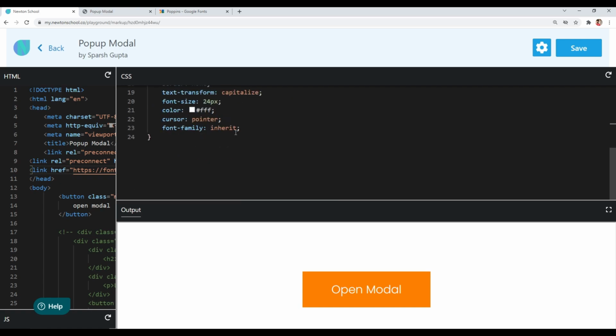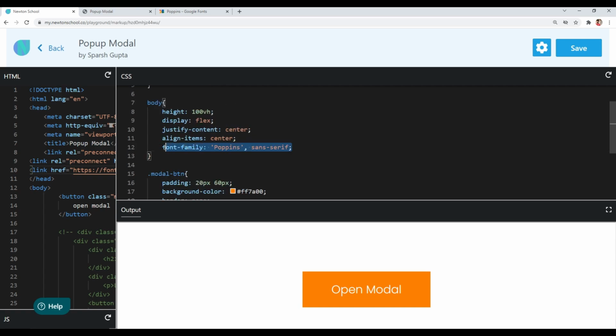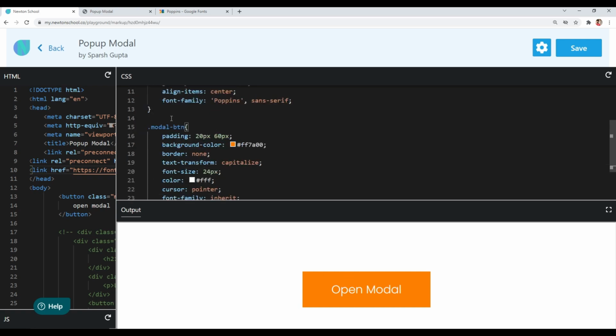And this inherit keyword will basically inherit whatever font family you had used. So we had used font family inherit, and now you can see we got our Poppins font on our modal button. And with that we are done with our modal button.